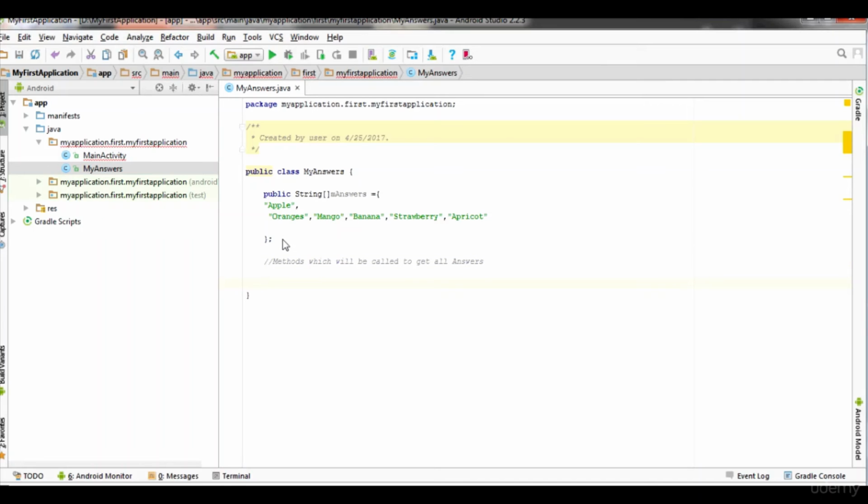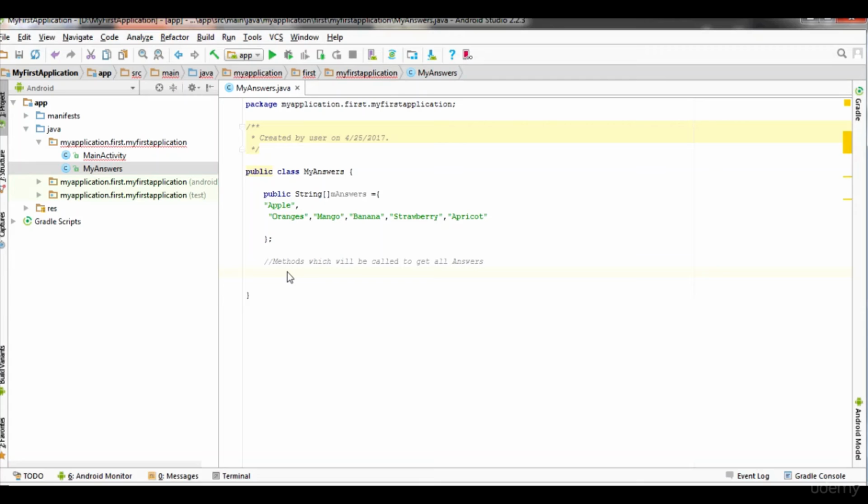First we'll understand what this method will do. This get answers method will be called in our main activity class on click of the button, this click fruits name. Inside the get answer method we will define an empty string variable answers, where we will be setting all the values of answers stored in answers. So first let me write this method, and then I'll show you our main activity.java, and you'll understand it better, where exactly I'm calling that method and what exactly it will do.